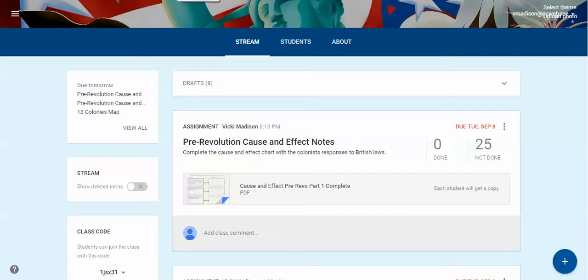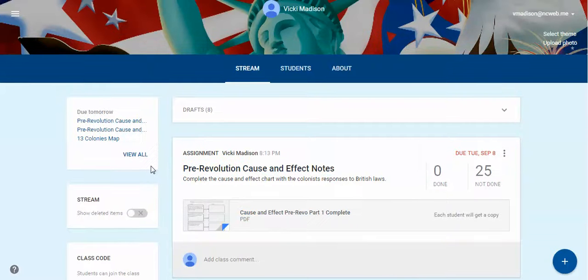In this video, we're going to use Google Classroom to upload a PDF assignment for students to open with DocHub, edit the PDF, and then attach their document to Classroom for the teacher to grade with DocHub. So in this case, I already have my PDF loaded, but in case you don't know how to do that,